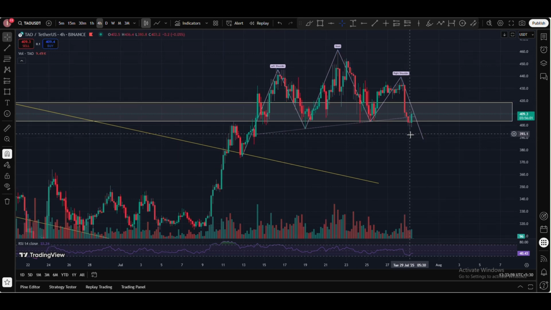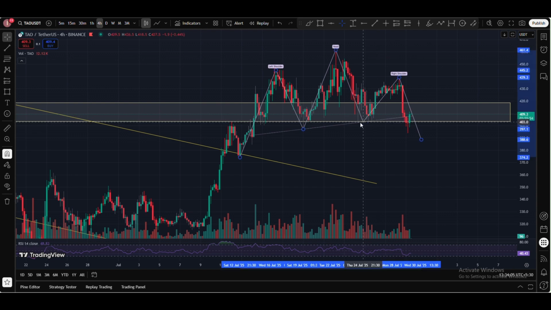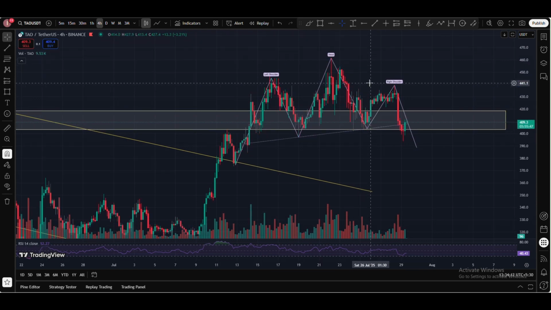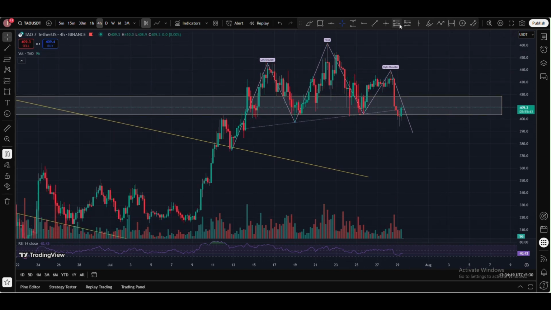The pattern is breakout and retest. So now you can enter this trade, and this is a shorting opportunity,